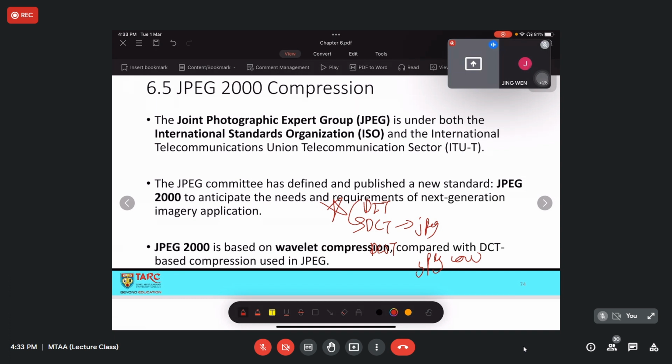In JPEG 2000, the DWT is used. DWT is the wavelet transform, and it provides better results because it consists of information from the spatial domain and also the frequency domain.